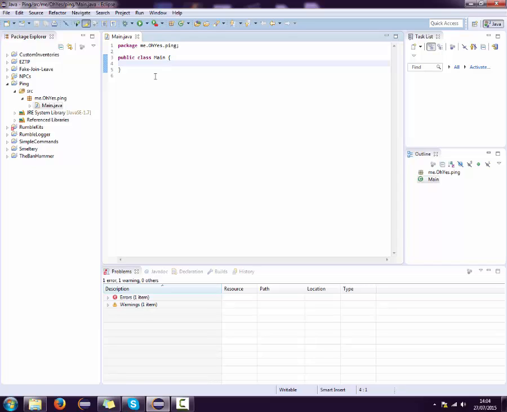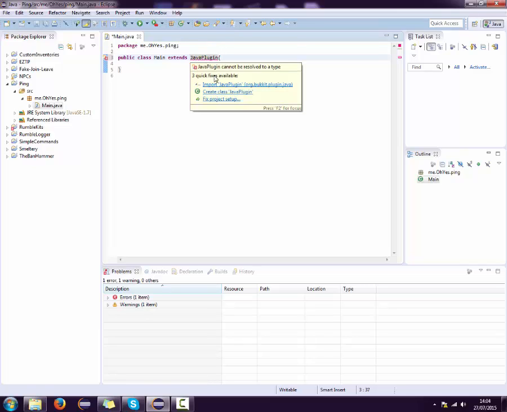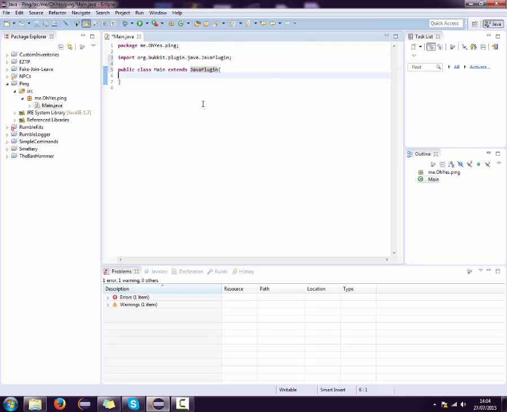So first of all, after the main, you want to write extends in lowercase, and then JavaPlugin, all one word, with a capital J and a capital P. Now you want to hover over the JavaPlugin which you just wrote, and click Import JavaPlugin. This will basically notify us that it's a JavaPlugin, and we'll be able to use things from Bukkit. So once we've done this, we can make a bit of room just so we can get a bit of a layout,